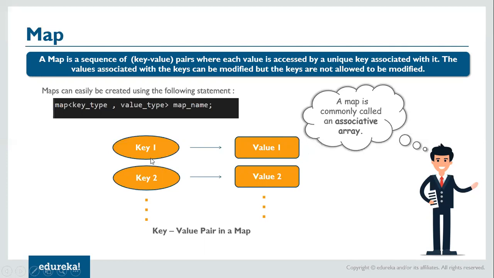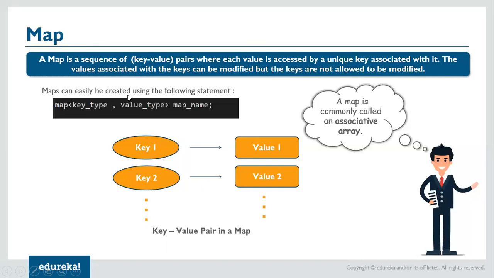Now your employee ID is going to remain the same always as long as you're in the company, but the value in the object which is stored against the key can change, meaning that with time your designation can change, your salary can change. So basically the key remains the same, but the corresponding value can get modified. So that is the primary feature of a map.